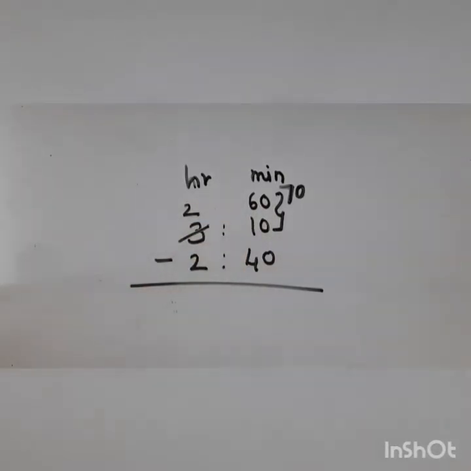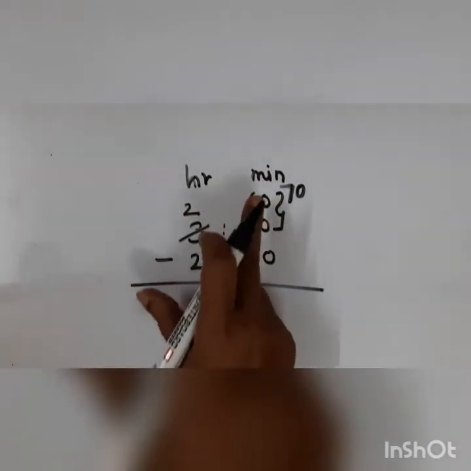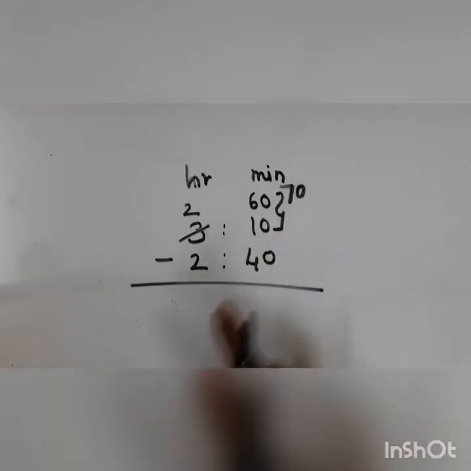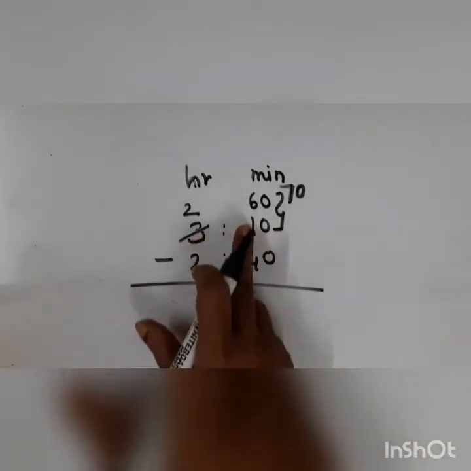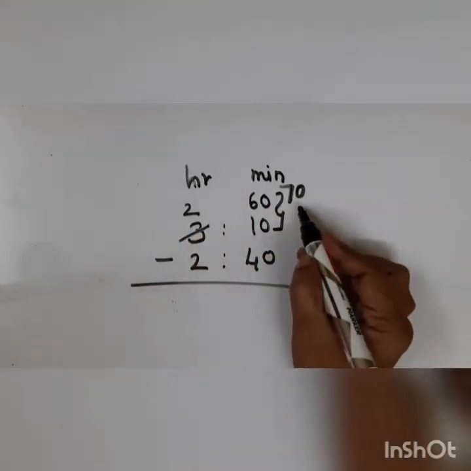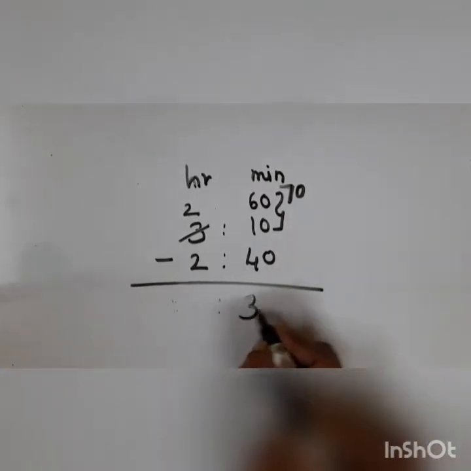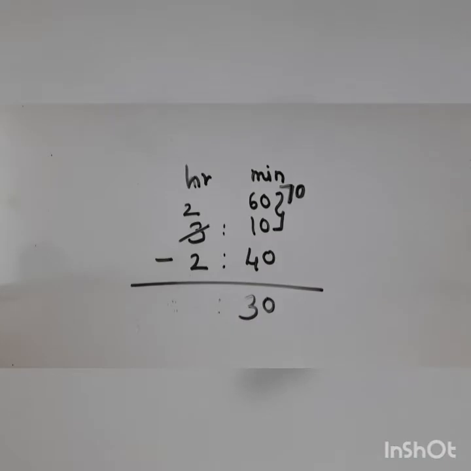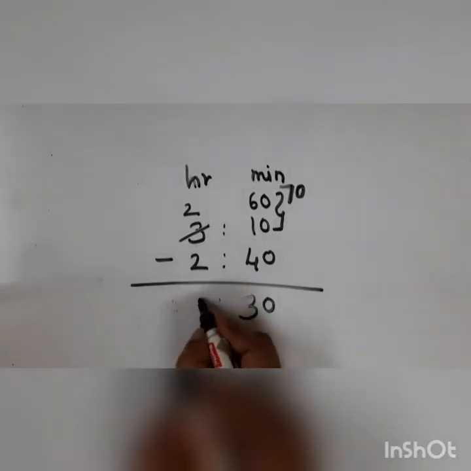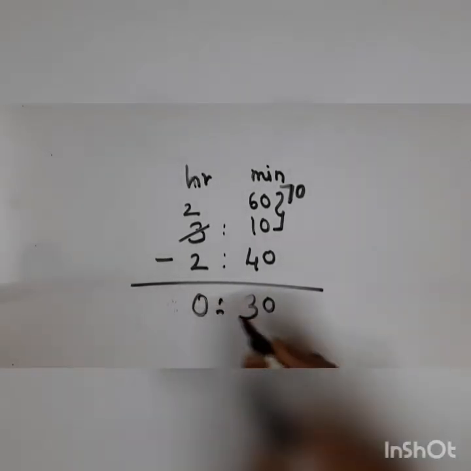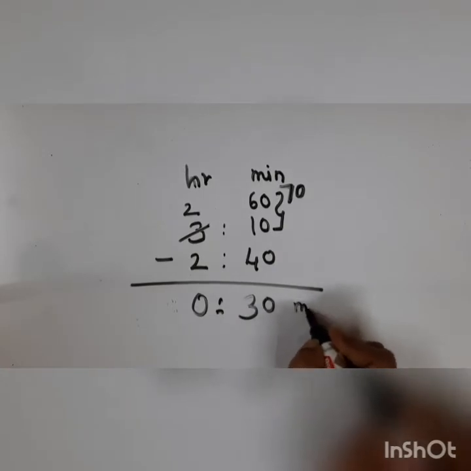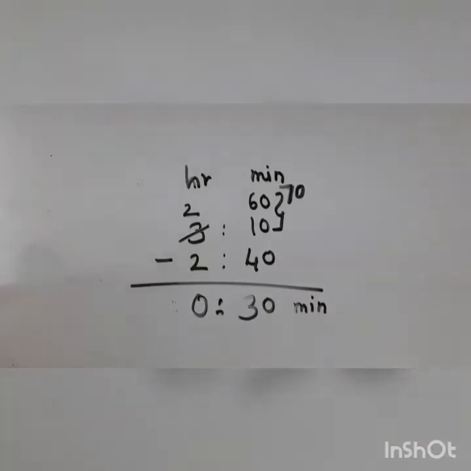Children, how we do the normal addition and subtraction, you remember? But here we are converting it because we want it in minutes. So now our number is 70. So children, now don't look at these two numbers or you will get confused. Look at this new number 70. So 70 minus 40 is how much? Now children, you can do it orally. You are very quick. So that's 30 and this is 0. So what's my answer children? 30 minutes. Fine?